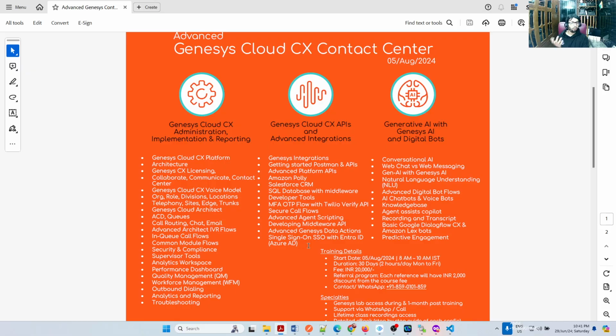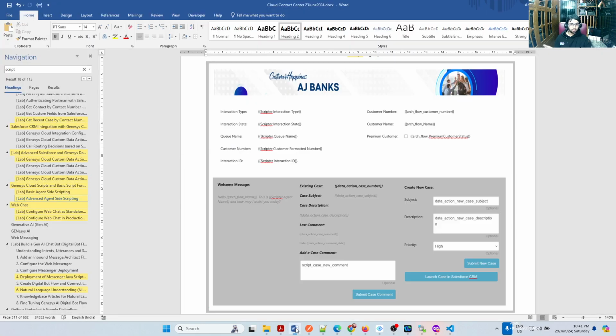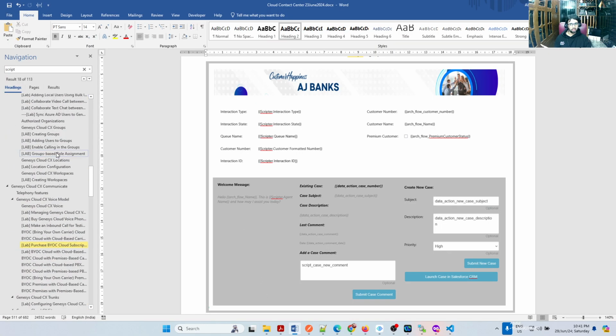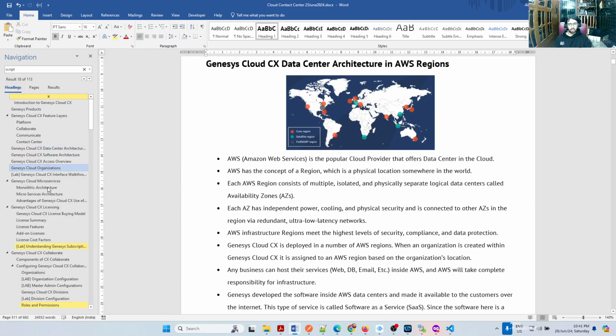Even in the Genesys official training, they never talk about these 2 things. These will always be hidden from any of the training I have experience with. Even in the Genesys official training, they don't cover integration. They will say we support API, but we don't do it. But if you look at my training, I also give the ebook. This is the complete syllabus and ebook. We're going to cover all those things.